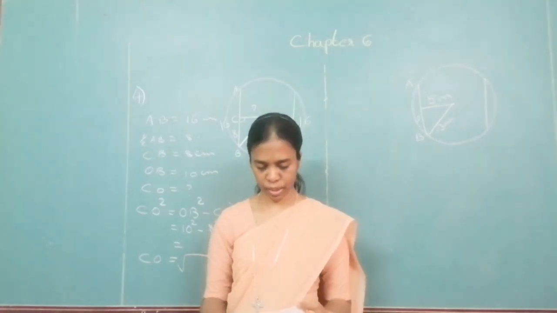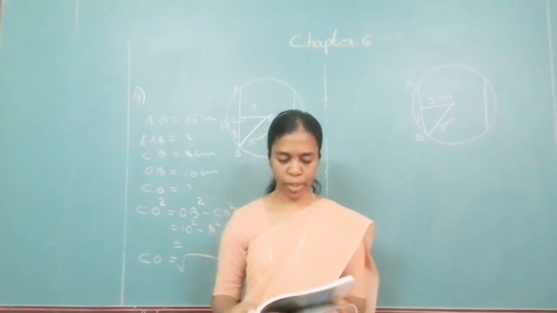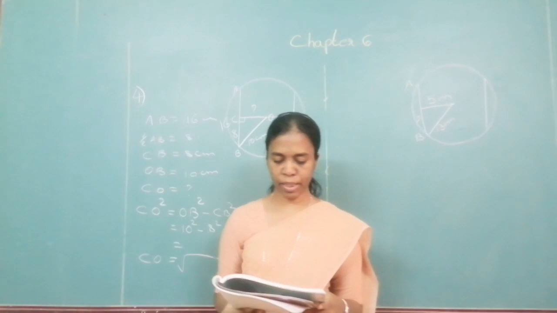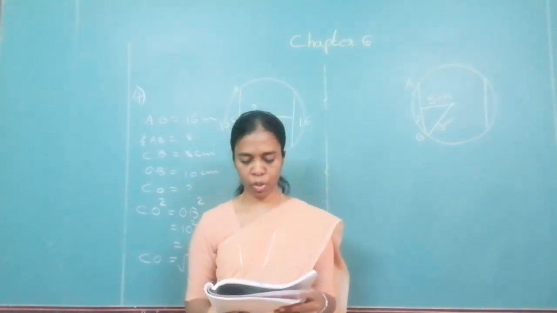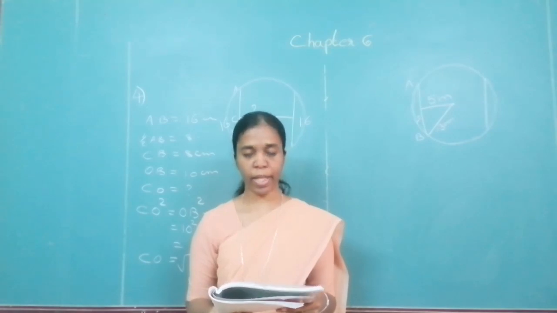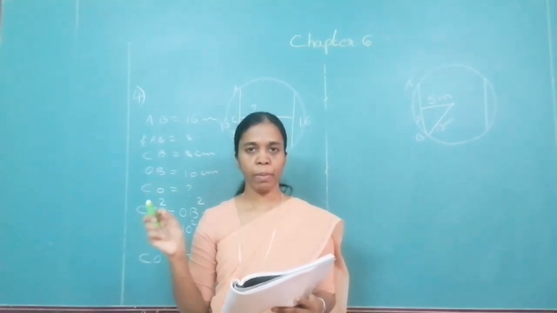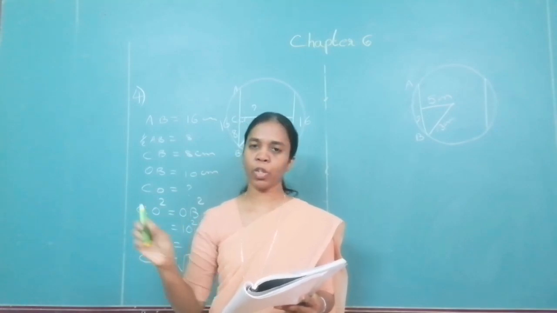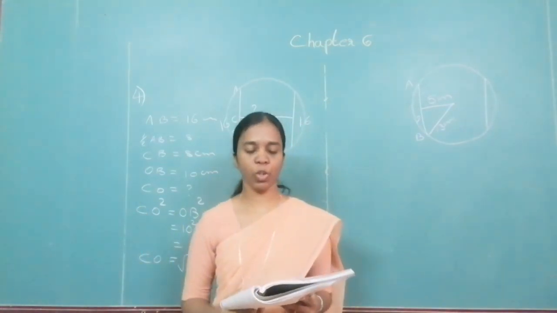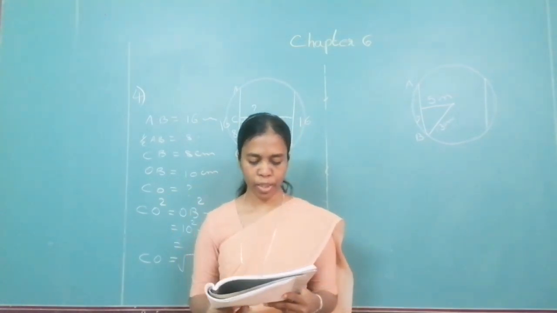Also take problem set 6. Problem set 6. Choose the correct alternative answer and fill in the blanks. Radius of a circle is 10 centimeter. Distance of a chord from the center is 6 centimeter. Hence find the length of the chord. First you draw a rough diagram. Mention whatever is given to you. It is all based on whatever we have been solving so far. So you can do that, and then choose the right answer from there.